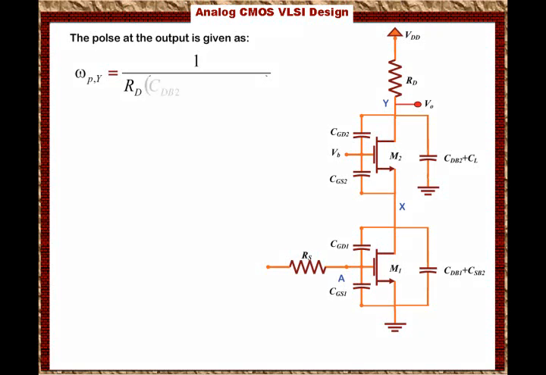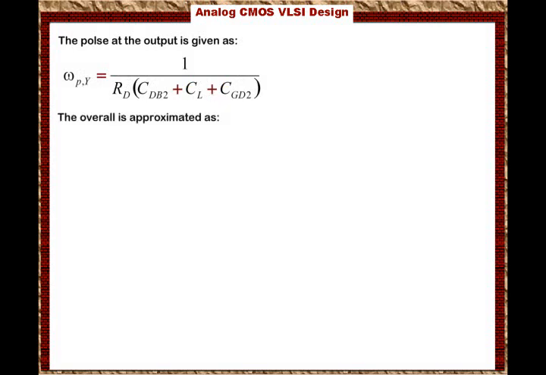The output capacitance at the output is basically CDB2 plus CL plus CGD2. And here you go. Now we have the 3 poles. Then the overall transfer function can be approximated as A of S, which is the gain, will equal the DC gain or the mid-frequency gain, which is minus Gm1 times 1 plus Gm2 plus Gmb2 times RO2, the whole thing multiplied by RO1, which is in parallel with the top resistance, that is RD. So basically it is Gm1 times